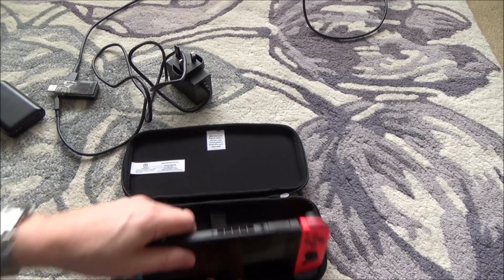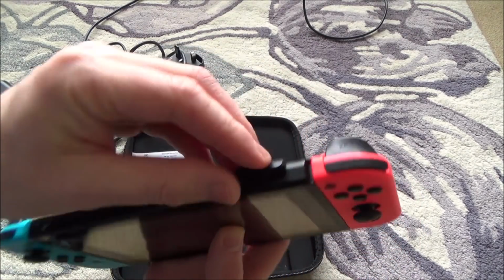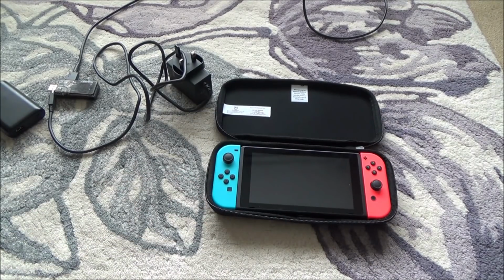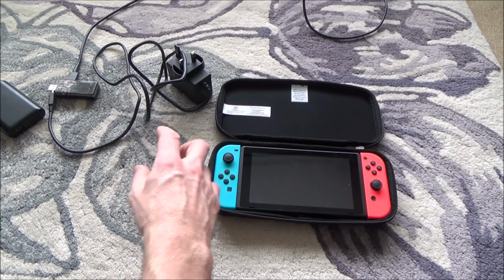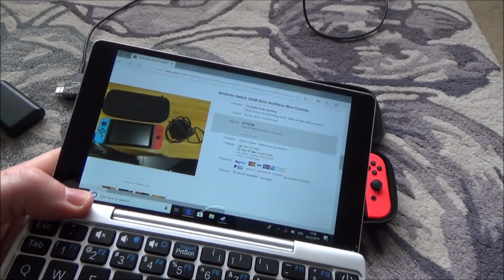Right, before we go any further, let me just make sure there's no game in here. No, all the games are out. Right, okay, let's show you what I paid for it. So it's expensive because obviously it comes with the Joy-Cons and also the charger here as well. So you're going to be paying a bit more money for it. So I paid £120,